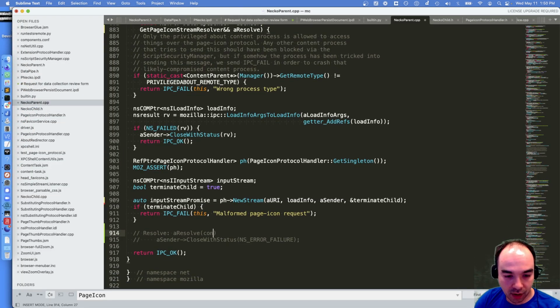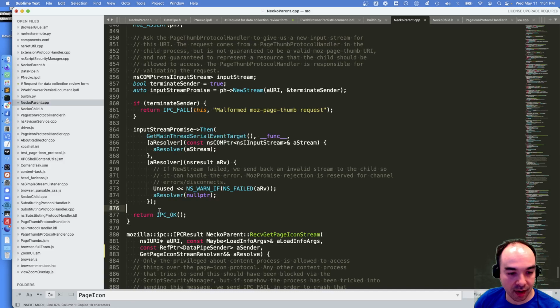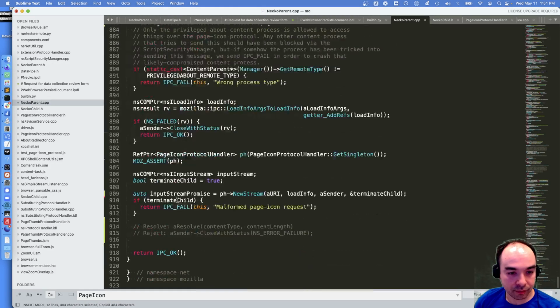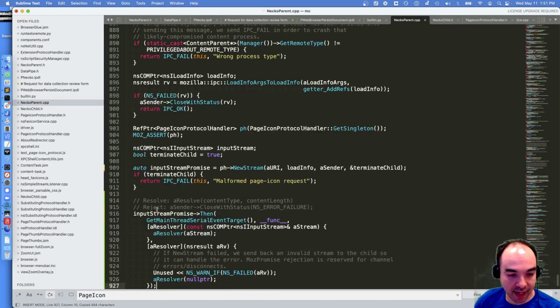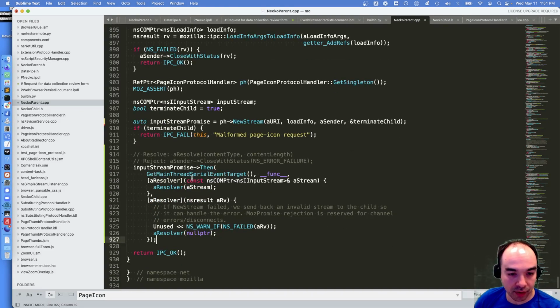A resolve with content type, content length. Reject. These are just notes for myself. So we need to get this input stream promise, and then we're going to basically do this stuff. We haven't even set up this return value, this promisey thing does not exist yet, but we are going to get there.